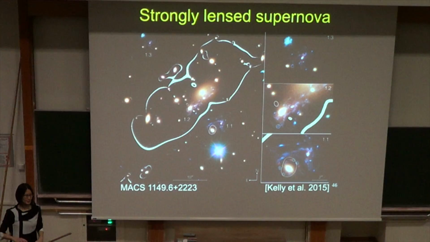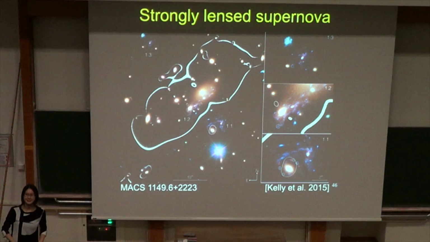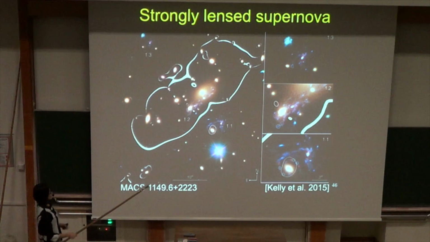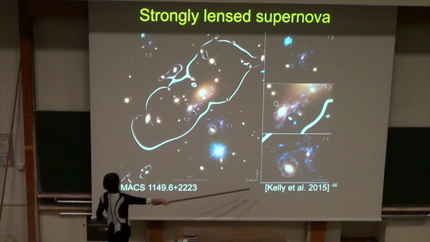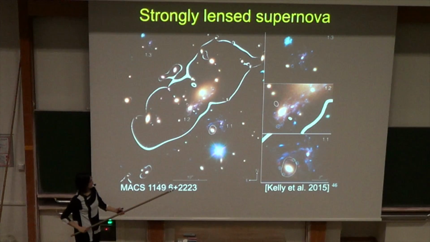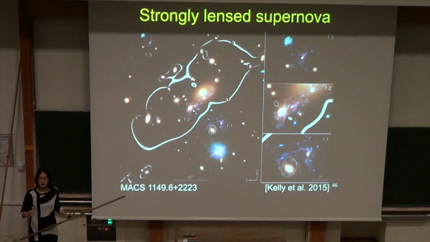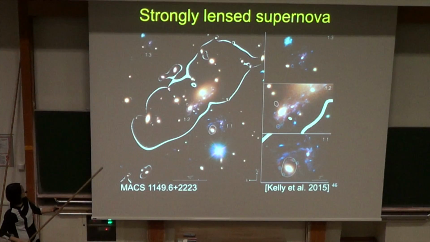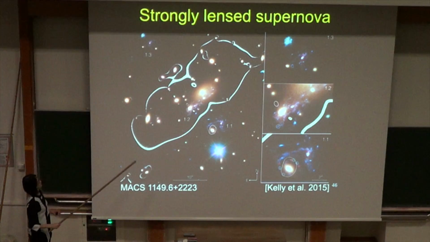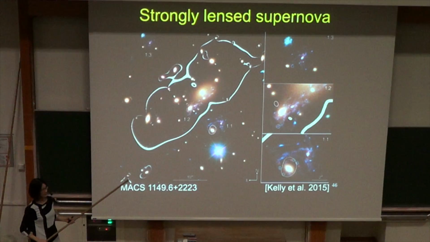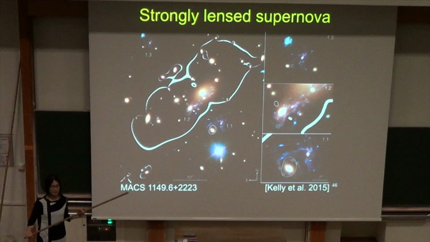The chance of one being the other is even smaller. So to have a strongly lensed supernova, one really needs to be lucky. And in fact, Pat Kelly and collaborators were lucky. They serendipitously found the very first strongly lensed supernova in this galaxy cluster, MACS 1149, back in November 2014,